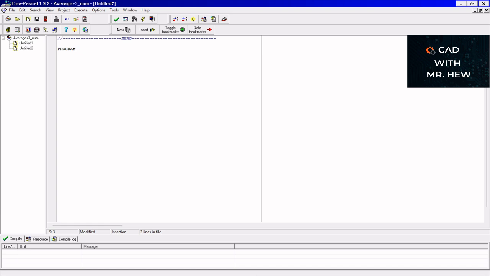Now you can name the program anything after this, but it must not have any spaces in it. So if you have two words, you can use an underscore to join the two words. So we're going to call it